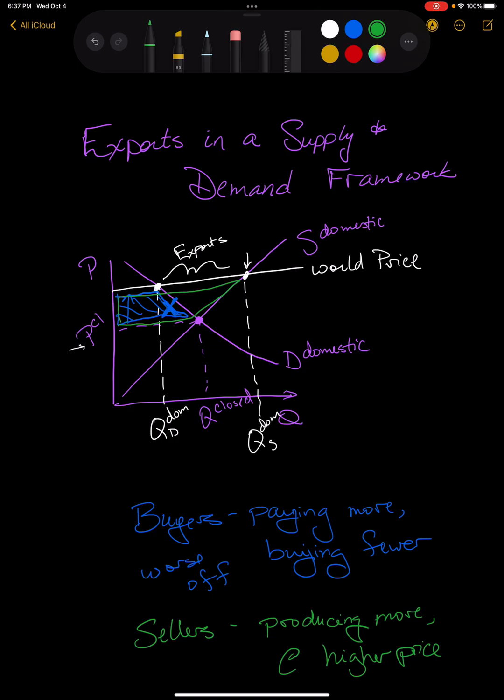So this green trapezoid shows that for all quantities they were producing before, Q closed, they're selling at a higher price. And so all of this first green part, selling at a higher price, and they're now selling more units than they were before. That's the second part of the green trapezoid. What do you notice? If you compare the size of the blue to the size of the green, hopefully you see that they overlap, right? But all of the blue can fit inside of the green, and there's extra green. The green is undoubtedly bigger than the blue. So what do we see here? We see the gains to sellers